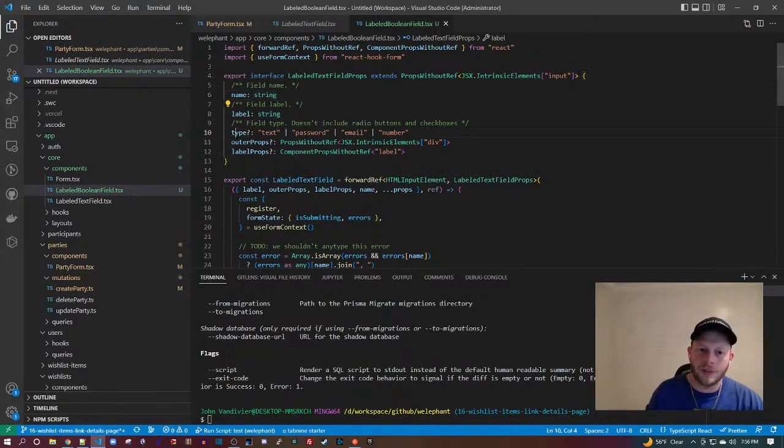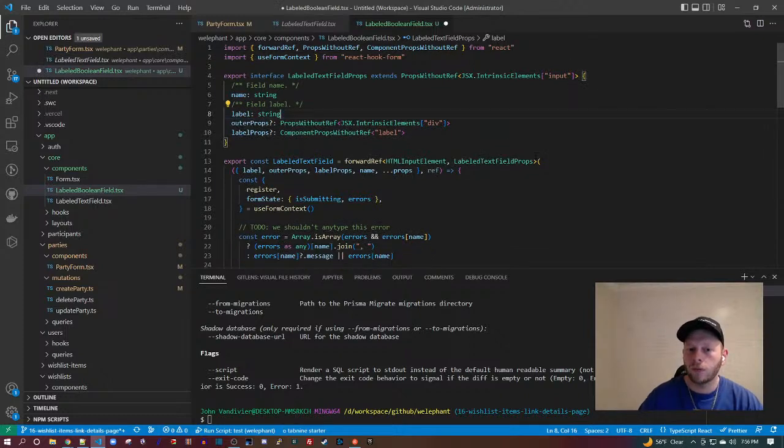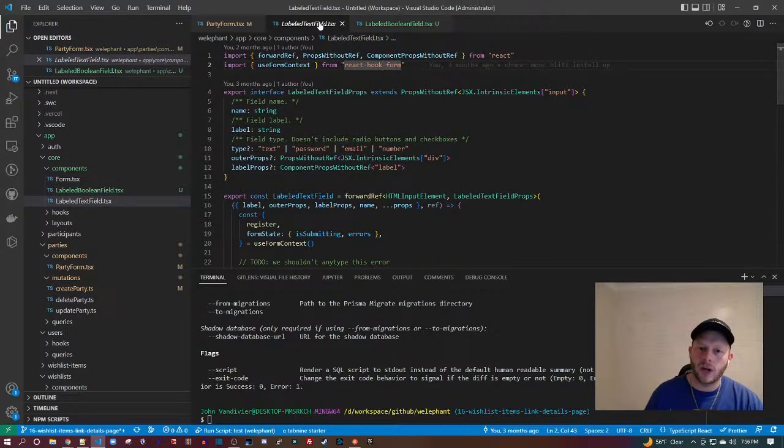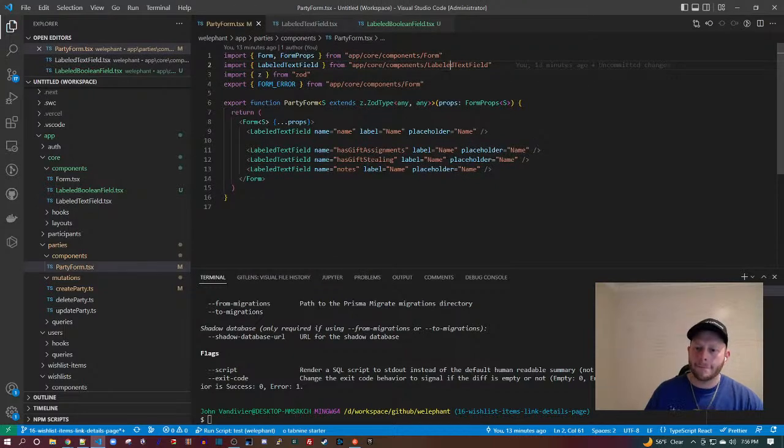Label, we're going to keep a label. Type, we just don't need. Outer props, I don't know what it means. I guess they're just going to have a wrapper div, that's fine. Label props, yeah, that's fine too. So basically we drop type, which I wasn't using type anyway.